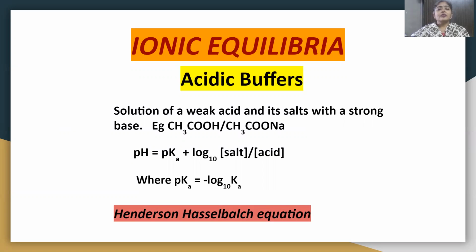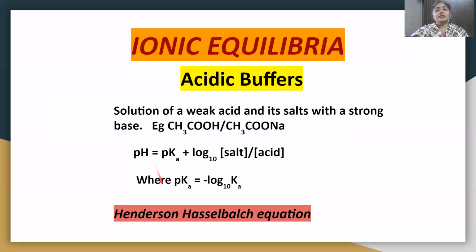Okay. Now the word buffer tells you that even on addition of acid or base, or even on dilution, the pH value of this solution is going to remain the same. Now what happens if I dilute this particular solution? Dilution means I'm adding more water. So when I add more water, or on dilution, this ratio of salt to acid is still going to remain the same. It will remain unaffected on dilution. So when adding water, the ratio of the salt to acid still remains the same, and therefore, since Ka is a constant, it is a dissociation constant, the pH value will also remain the same.